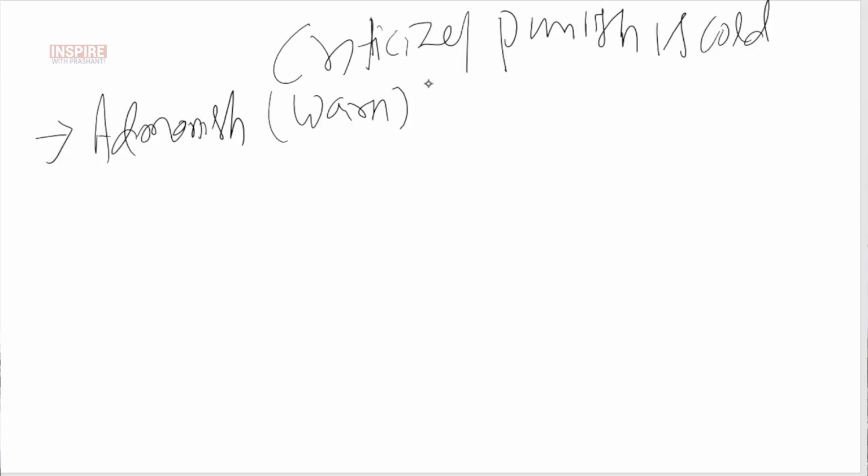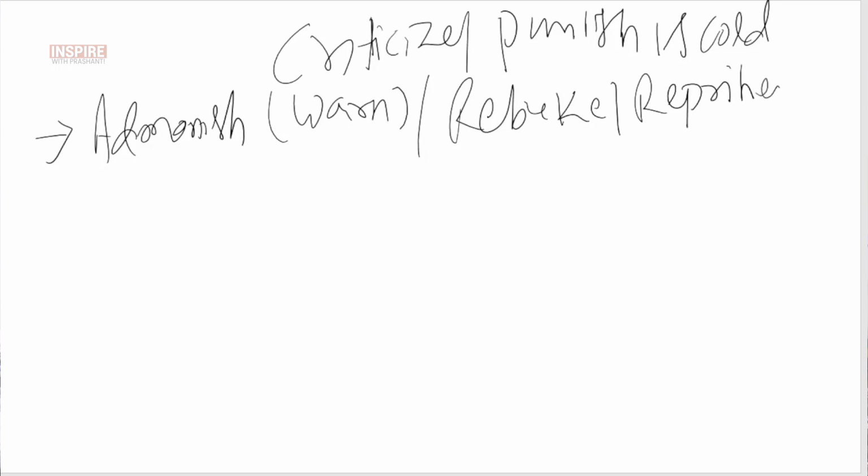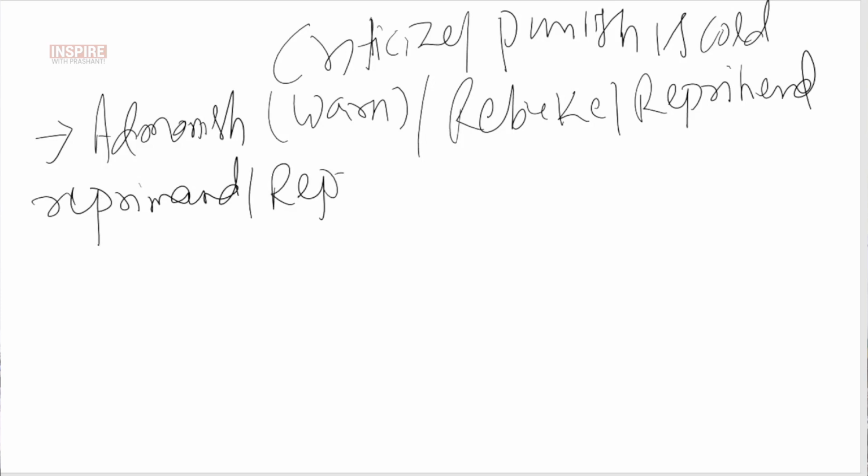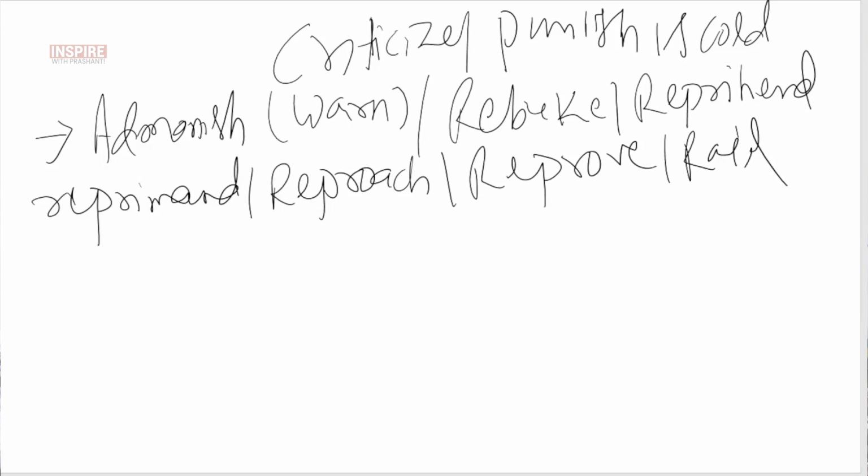But then of course, even if you don't adhere to the rules and still you commit a mistake, then people would rebuke you. And the R series: rebuke, reprehend, reprimand, then definitely reproach, reprove. Look at the R series, so big. Rail, rant. We've seen a lot of rant videos, so people are really scolding on something and they're making those rant